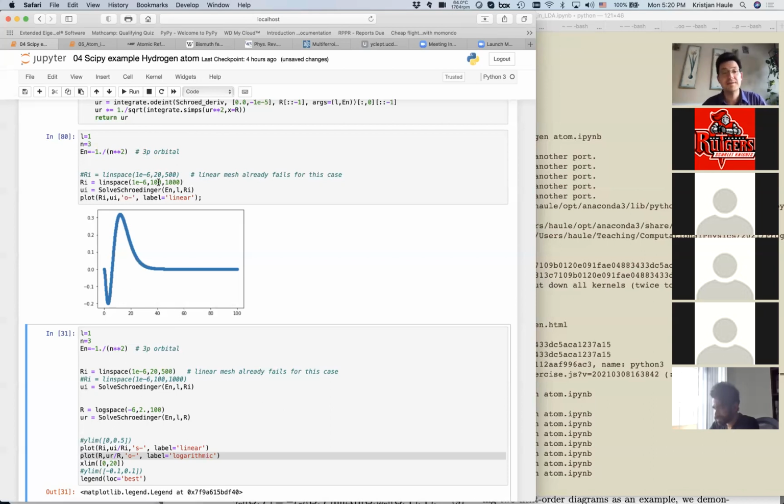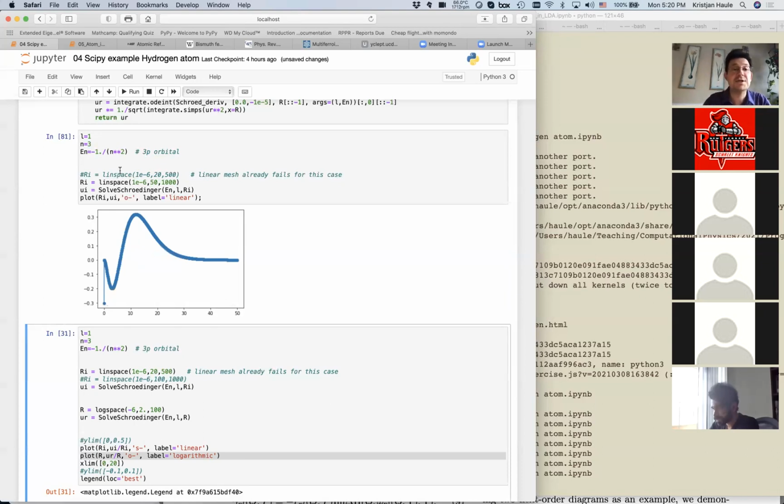Now, the issue is, what if we go to, I don't know, a 5f orbital? Do we then need to go to 1,000 and maybe 10,000 points? Well, it's not that bad. It turns out that even if we go only to 20 or to 50, there seems to be a numerical problem. But this numerical problem is not so bad. Namely,